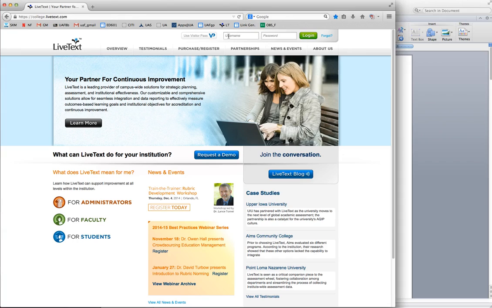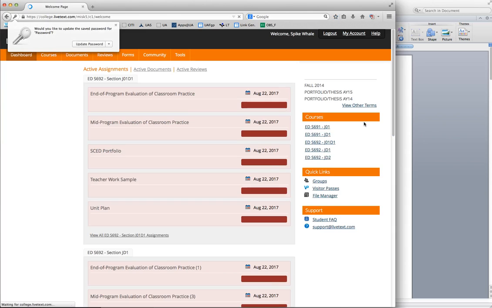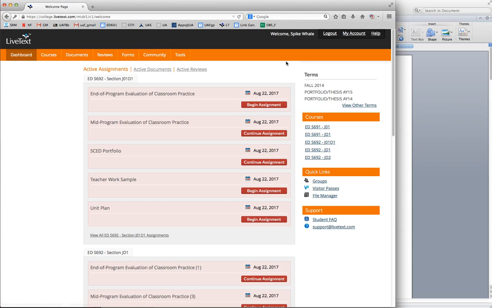So to begin, we log in to LiveText and you use your key code. Of course, if you'd like to change your password, you can do that at any time. I'm logging in as Spike Whale, who is our test student, so that you can see something similar to what